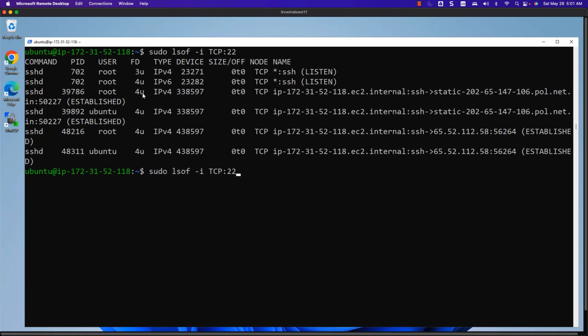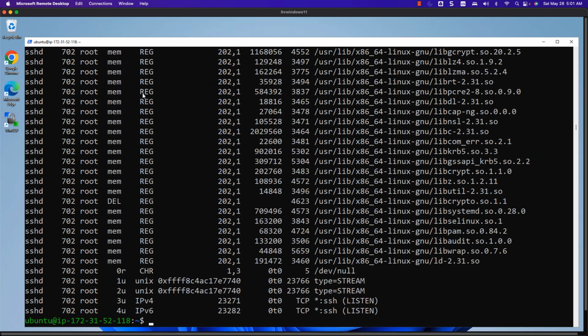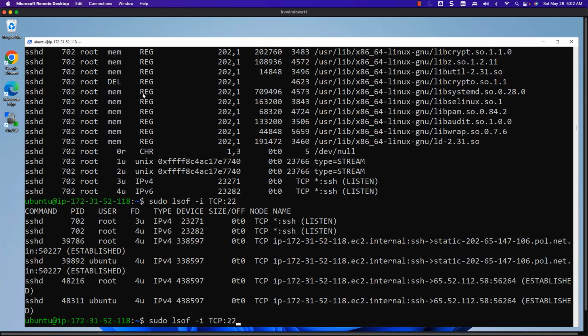Already we have seen those details as part of the previous lecture. Now you can actually say lsof -p, then process ID 702. You should be able to see all the open file details associated with process ID 702. I guess you can also pass process IDs comma separated. Let's try passing process IDs comma separated here to get details about all the process IDs associated with port number 22. In this case, the other process ID is nothing but